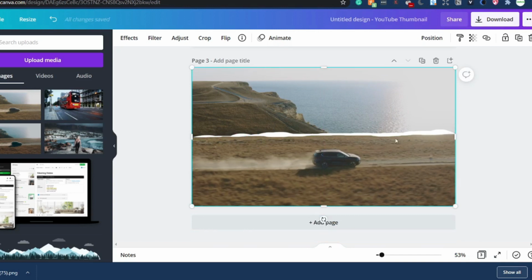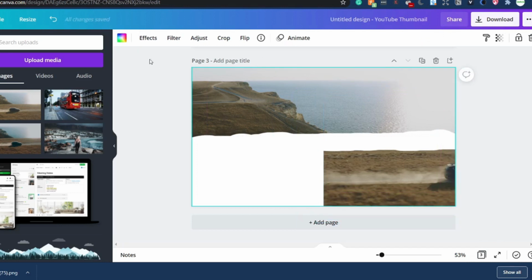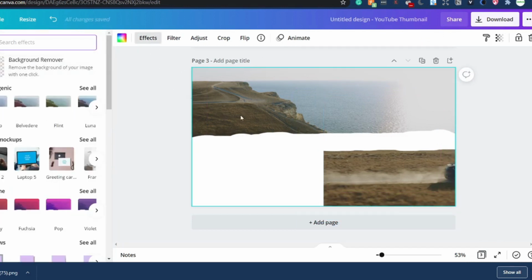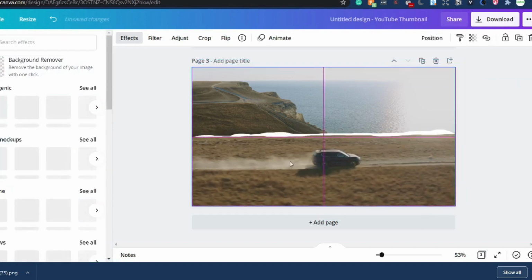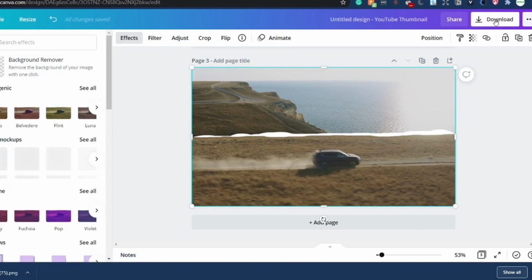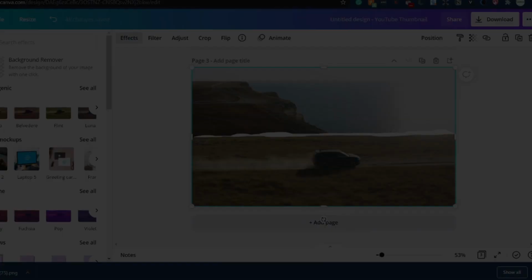So as you can see, we can see some white lines over there. So what you can do, you can simply again go to effects and do the background removing and add those lines over here, so that we have a complete image at the end if we join both of them together. Once you're done with this, just click on download and bring them into the Filmora app.